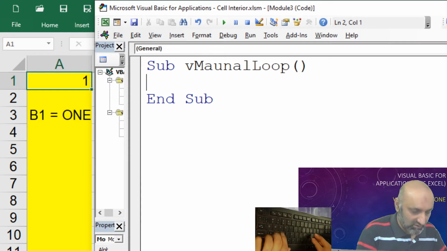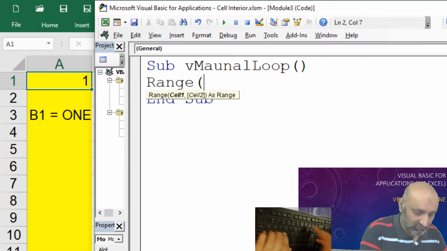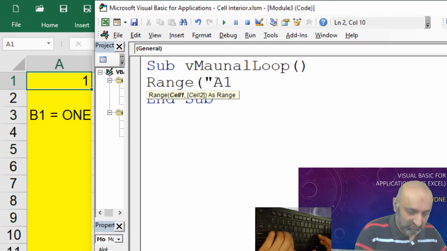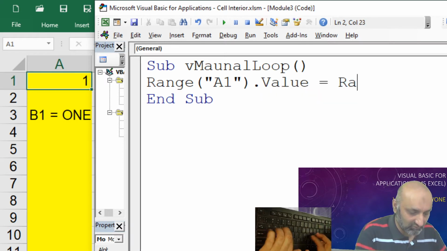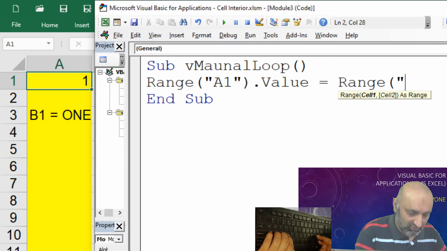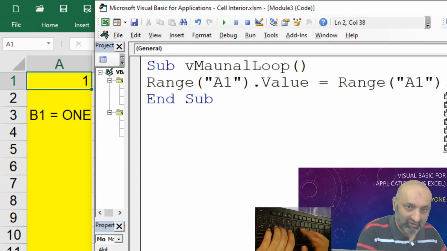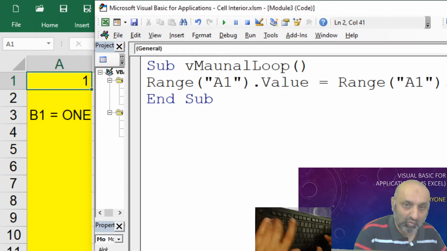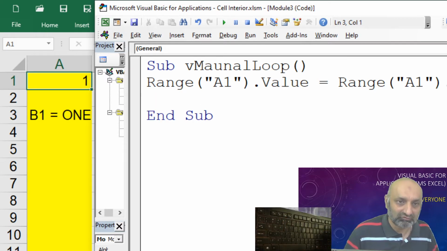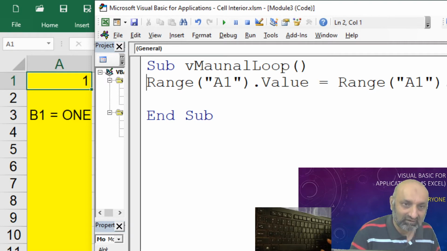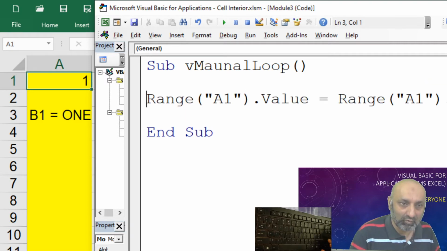Okay. Range A1 dot value is equal to range A1 dot value plus 1. So every time this command runs, this will add 1 to the current value in cell A1.